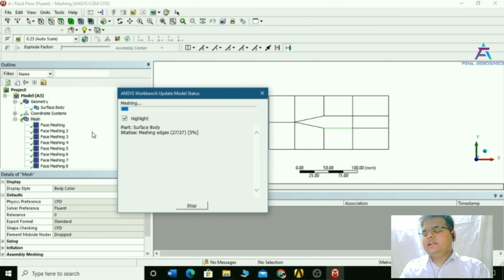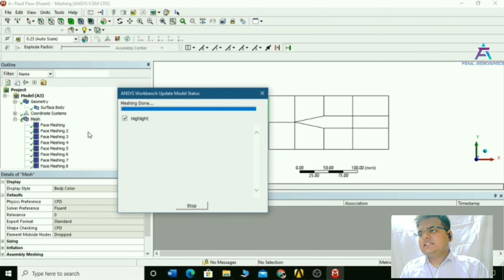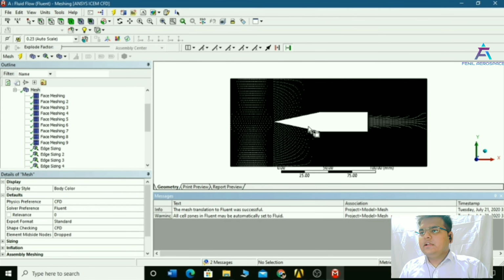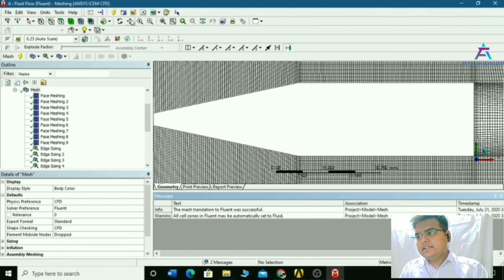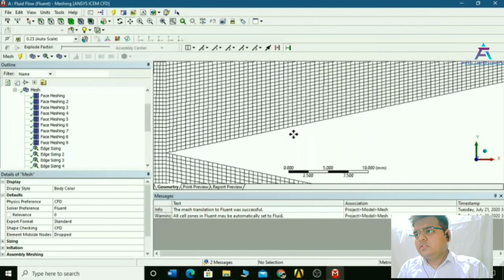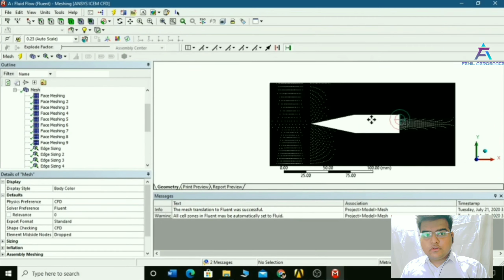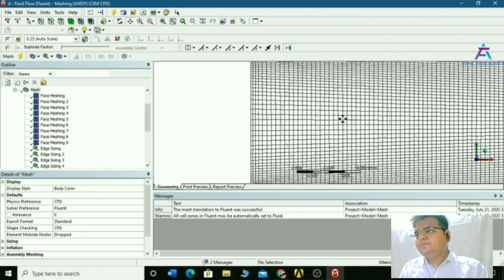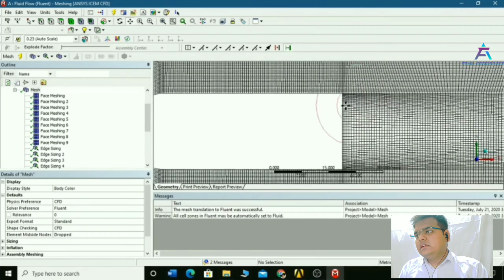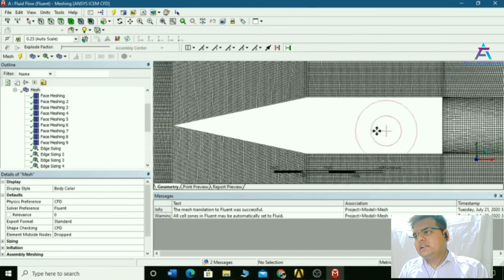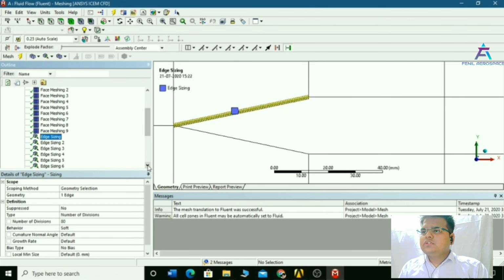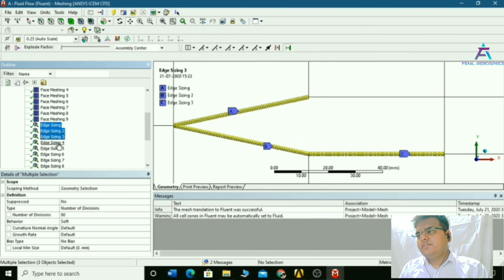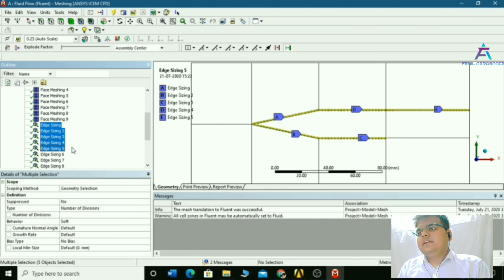Now if we apply 100, every line which I selected is divided into 100 divisions of mesh. So we can see here our mesh is very dense and very good. It will give us the accurate result as we want. We can see here squares and rectangles are there. Very good mesh. So now a refinement feature is there. It refines the meshes.